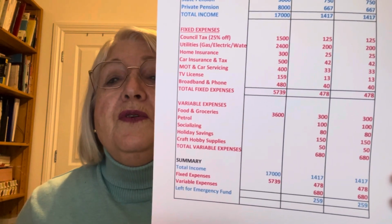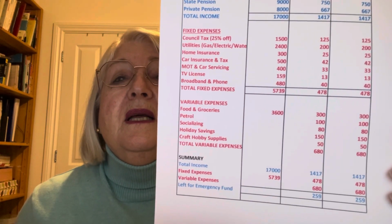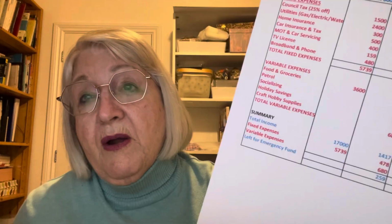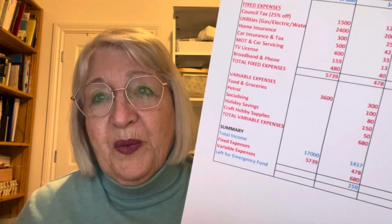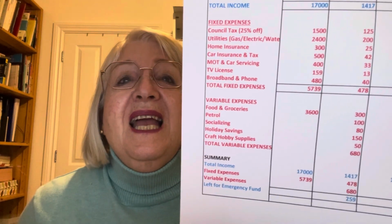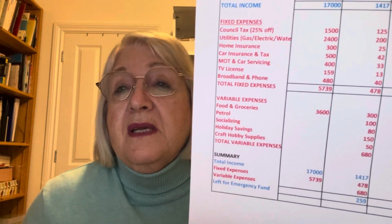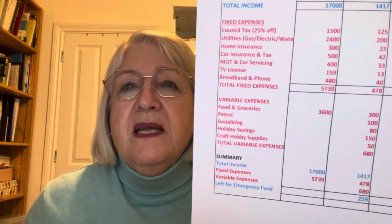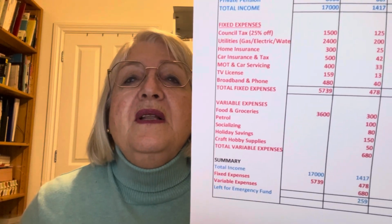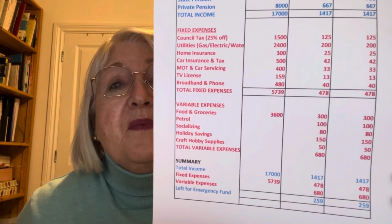And you can see her food and groceries were £300. Her petrol was £100. Socialising £80. We are assuming we've got to the end of the month, by the way. Holiday savings £150. And craft and hobby supplies, let's say £50. You will have others, of course, but this is just for ease of comprehension. Now her total variable expenses, you can see, amount to